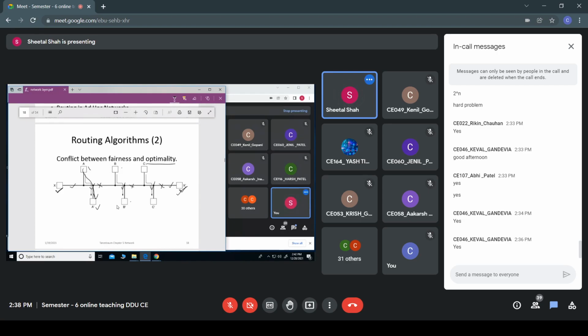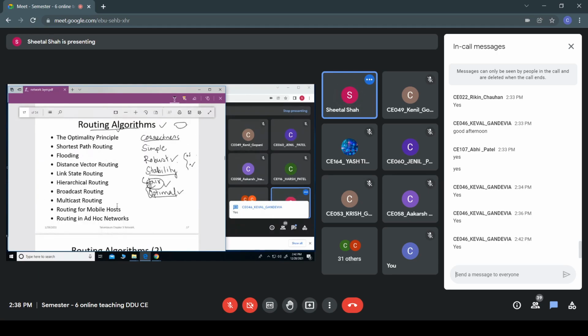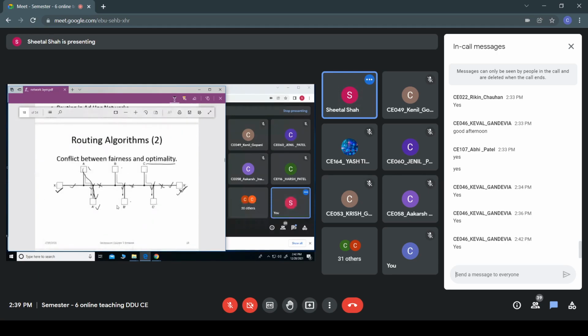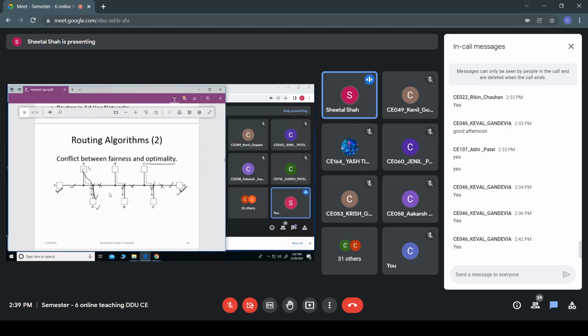Okay. So based upon these basics of routing algorithms, routing algorithms are again divided into two types. It can be a non-adaptive routing algorithm, or it can be an adaptive routing algorithm.